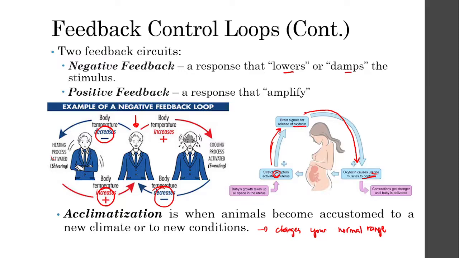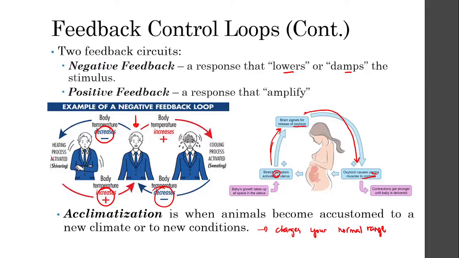But when you, for example, move to a much colder country, your normal range can probably be around, let's say, about 20 to 22 degrees Celsius. So that becomes your normal range. That's actually a very bad example, because the internal temperature of the body does not actually change, but this is just an example. So this is what acclimatization does, and this is what a lot of animals tend to do. They change their normal range depending on the new environment or the new climate that they are in.